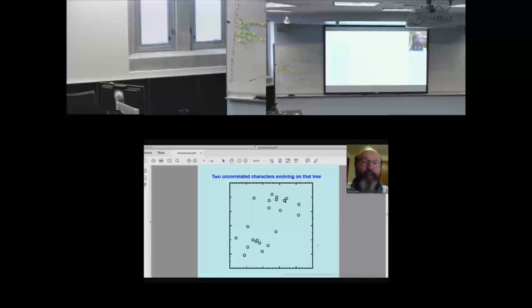Here's what you get. Here are the 22 tip species. And what biologists who were debating these issues were reacting to was that if you just take those points and consider them as points in a regression, you get, in this case, a nice positive covariation, a positive slope between those two. But if you start taking those points and coloring them in according to where they were on the phylogeny, you get this.